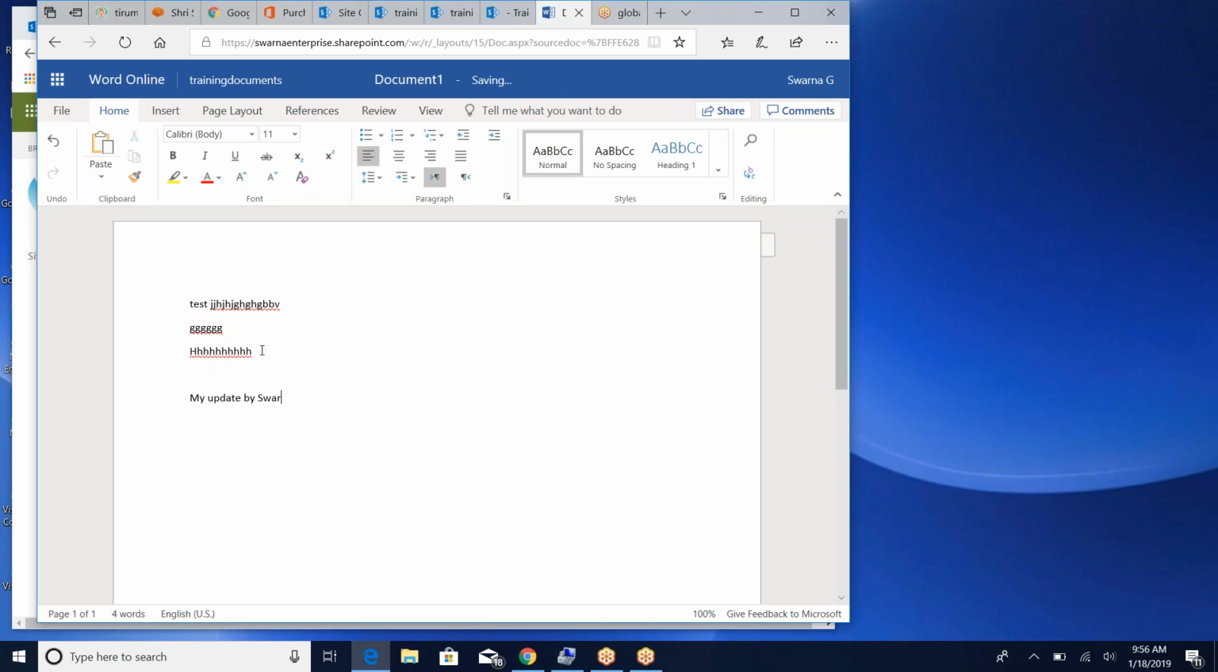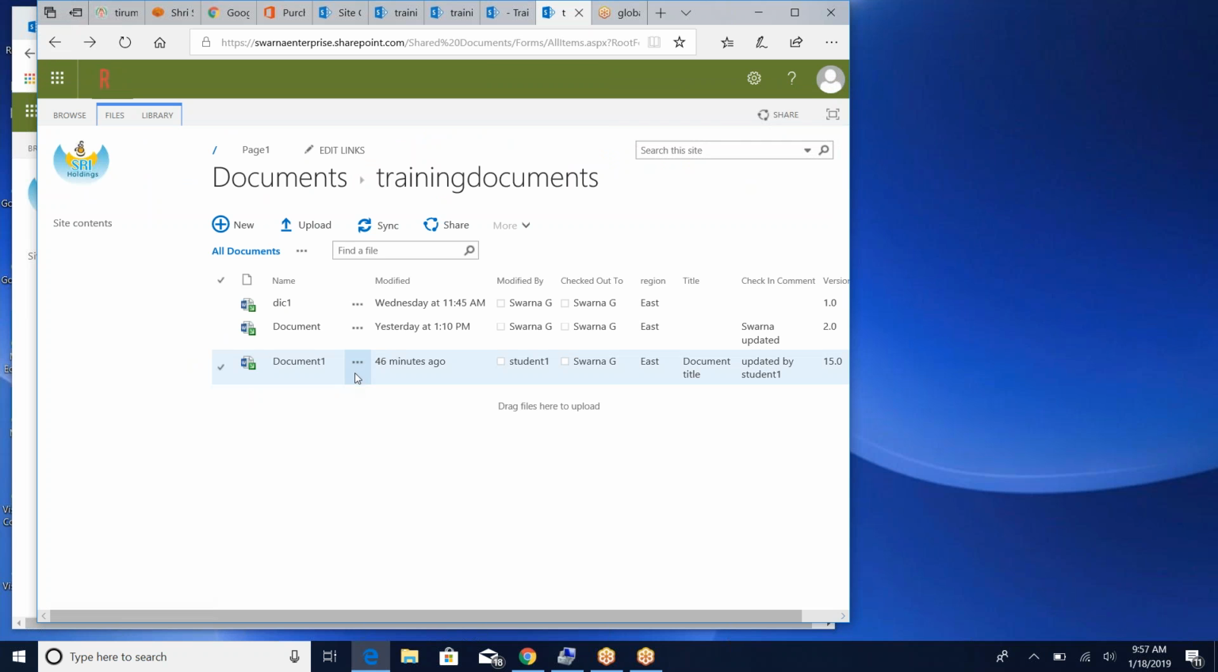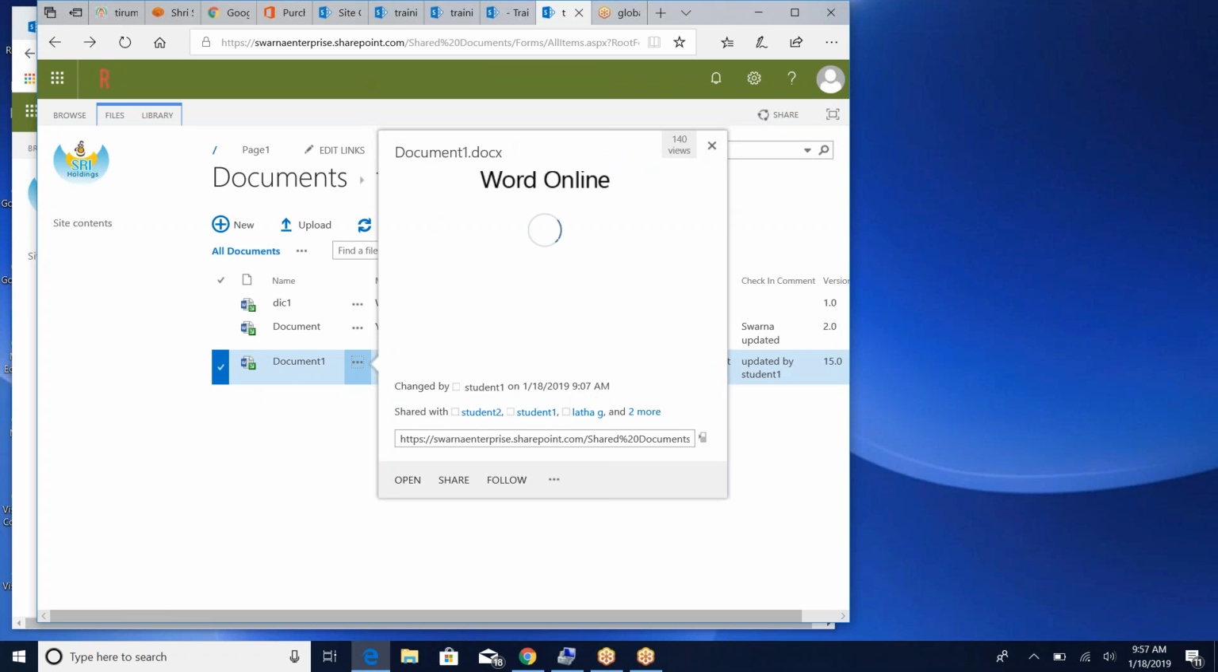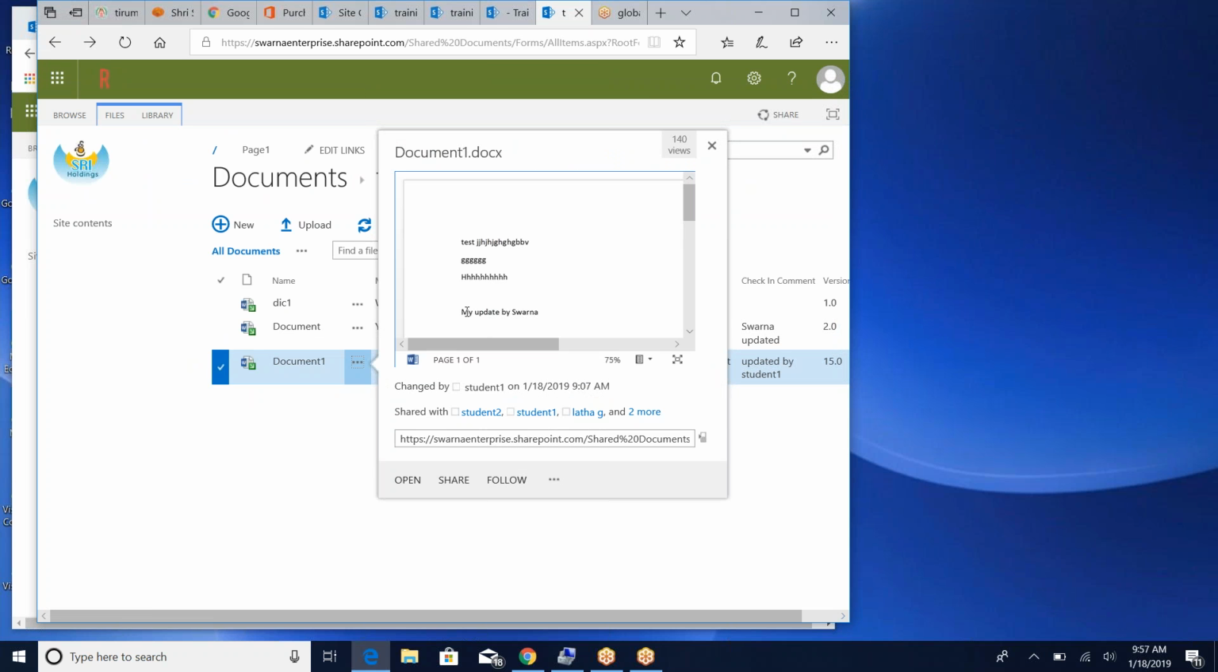by Swarna, or just some message. It is auto saving, right? It's already saved. Come here. This saved content, it's already auto saved. When you see the preview here, you can see your changes: my update by Swarna. But these changes you will definitely not get in user 1 because this document is already checked out, still in checked out